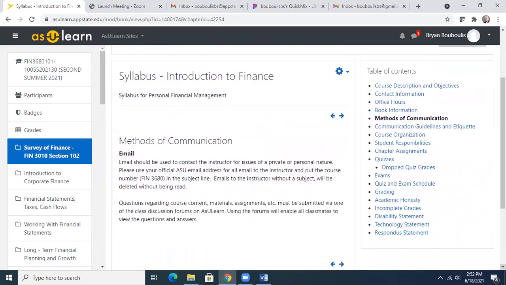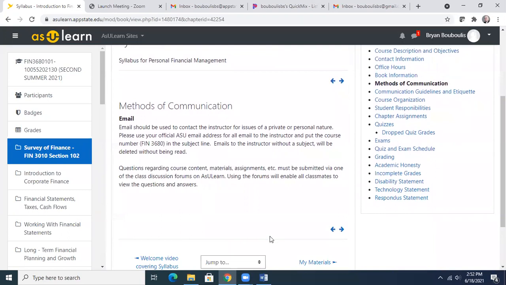Communication, basically it's all email, folks. So here's the key thing. When you send me an email, make sure you put in Fundamentals or FIN 3680. If you put that in as the subject of your email, I know it's from a student, and I usually answer that pretty quick. Normally you'll get an answer from me probably right away, and it might be, hey, I can talk to you now, or